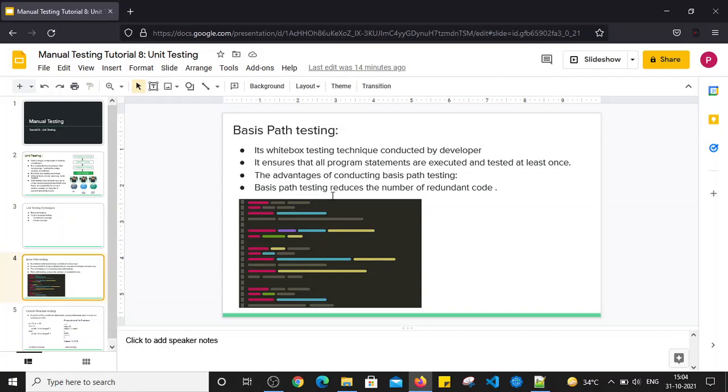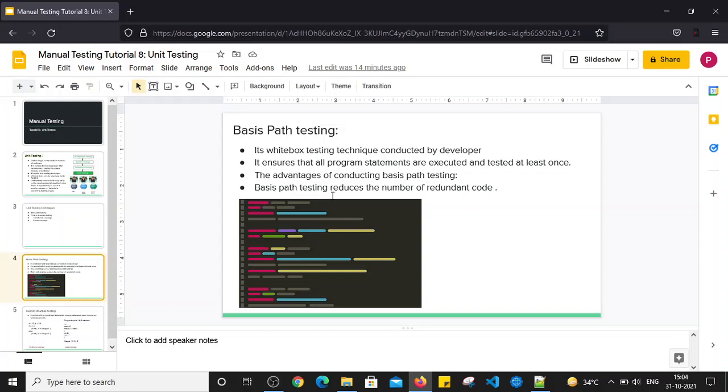So basis path testing is nothing but ensuring that all the program statements, whatever logic the developer has written via lines of code, are executed at least once. If the developer has written some lines of code, there might be different conditions, so those lines should be executed at least once. That is the main benefit of basis path testing.